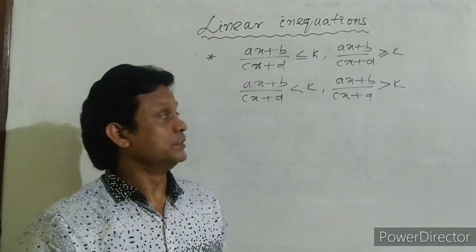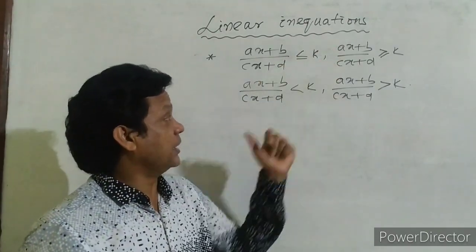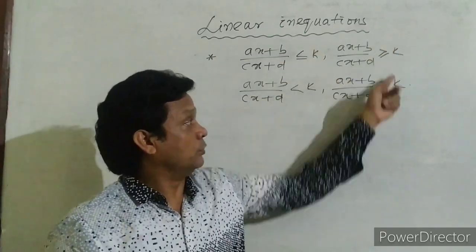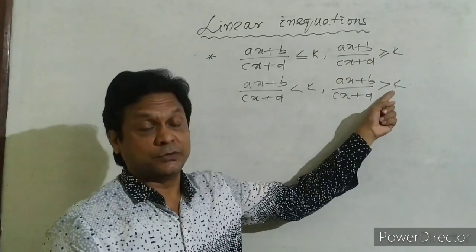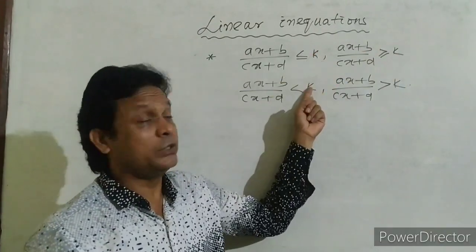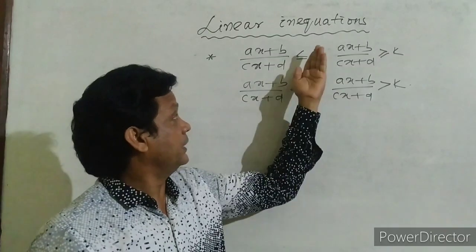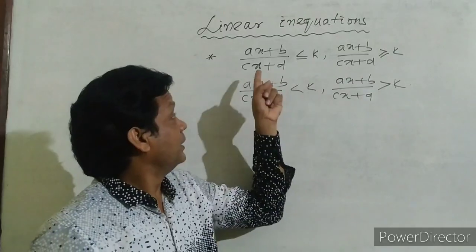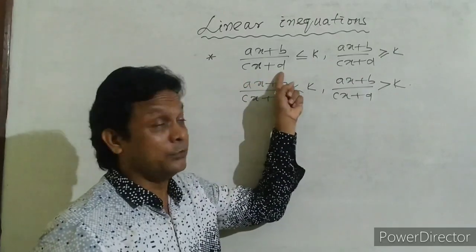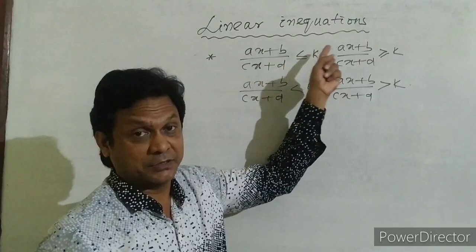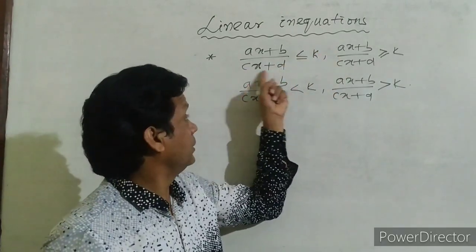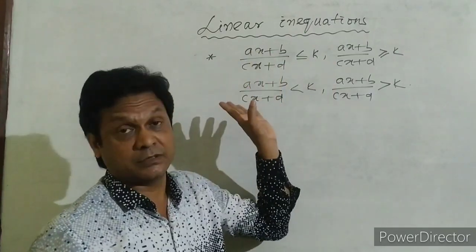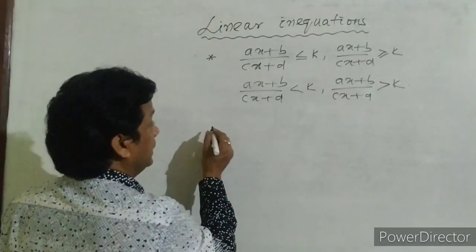Now another question. Now let us take this type of inequations. In my previous example, the right hand side was 0, but here I am taking non-zero. If the right hand side is 2, 3, 4, half, minus half, then take it to the left hand side. And one restriction is there: if the denominator contains variables, don't cross multiply it. If the denominator contains variables, don't cross multiply in that case. That means cross multiply is not applicable in that case.